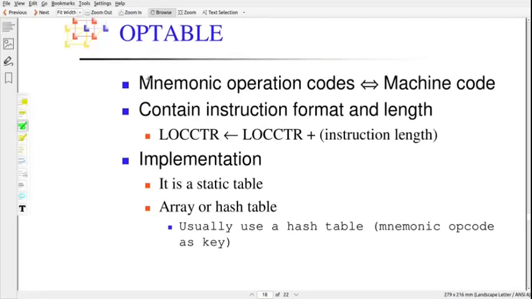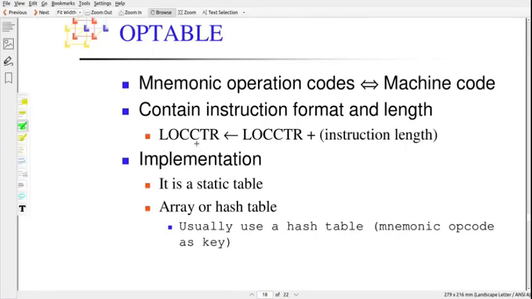It's a table where we will store all mnemonic operation codes and their machine codes for the SIC machine. Also it stores the instruction format plus the length of the instruction. So that will help to increment the location counter value.